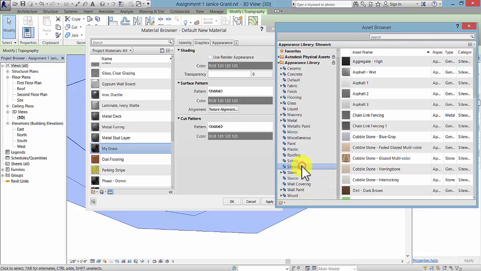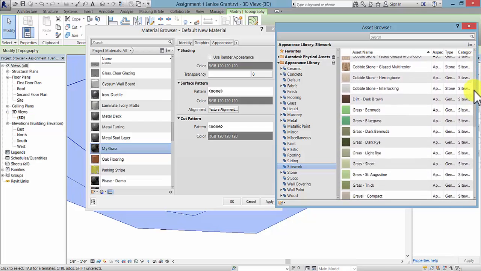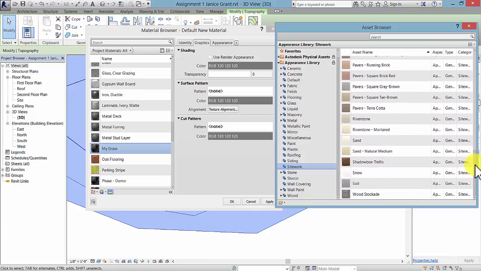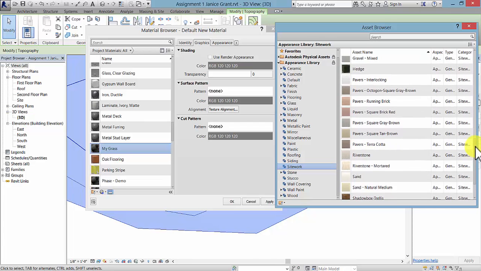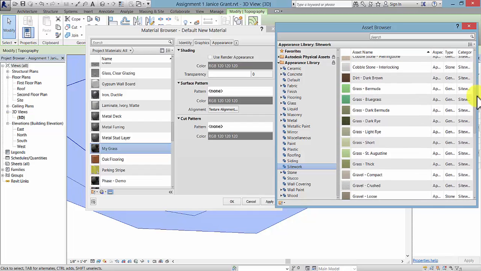But here, if you click on site work, what they've given us in 14 and in 15 are several different types of site work appearances, like pavers and grass and even the cobblestone. So you can go ahead and click on whatever